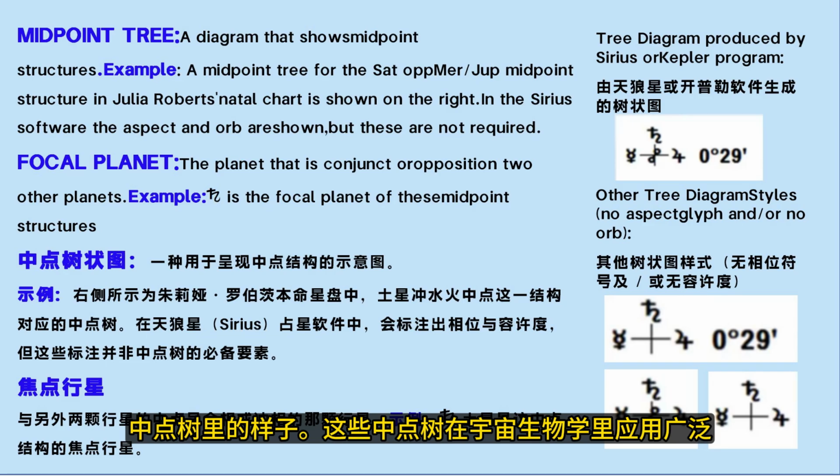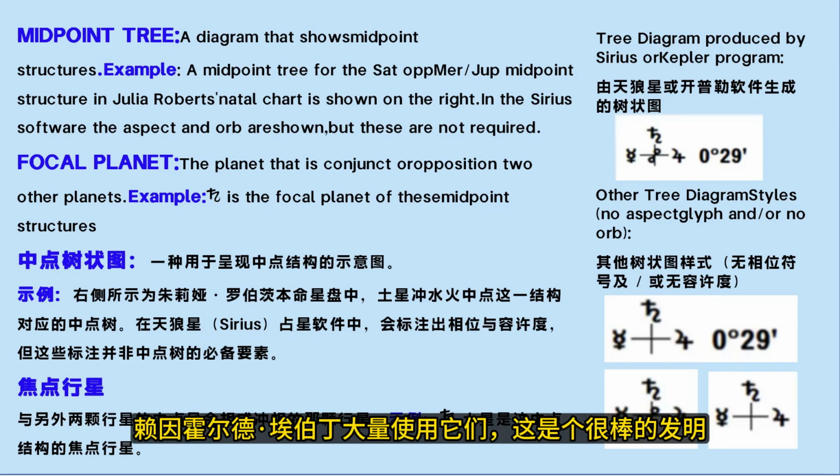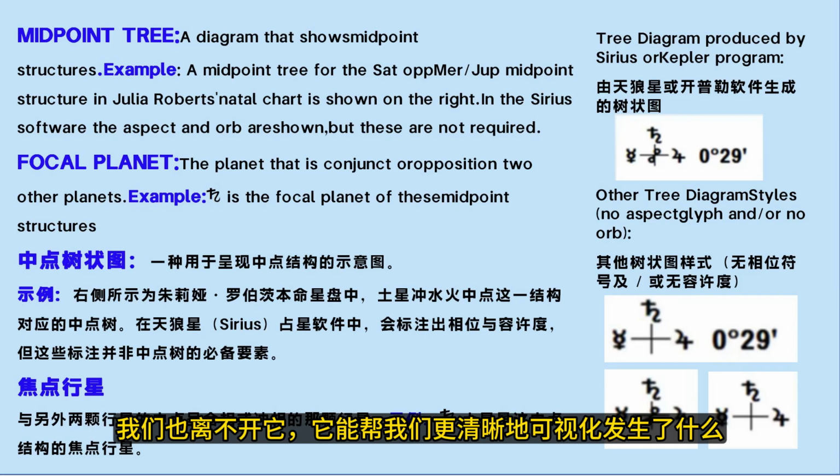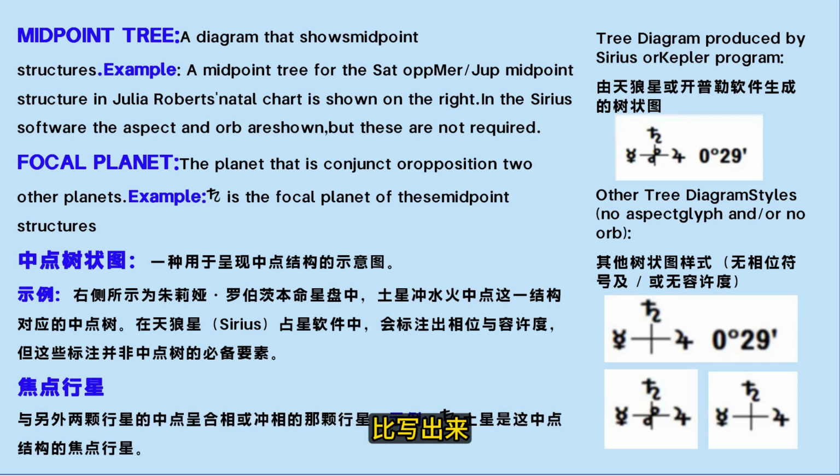in a midpoint tree. These midpoint trees are used extensively in cosmobiology, Reinhold Ebertin used them extensively. They are wonderful. They're a wonderful invention, and we rely on them. They help us visualize exactly what is happening more clearly than writing it out or any other way. It's a very simple idea. That's the midpoint tree. Now, this is a midpoint tree in the upper right corner that was produced by the